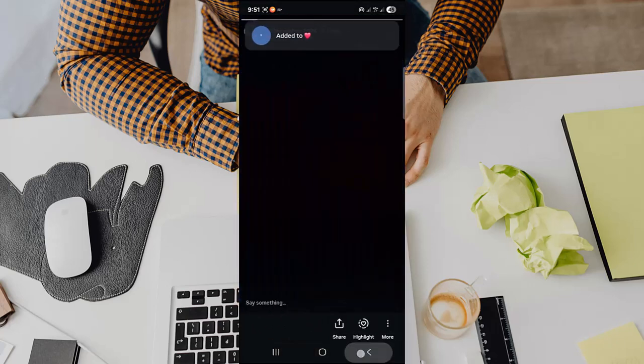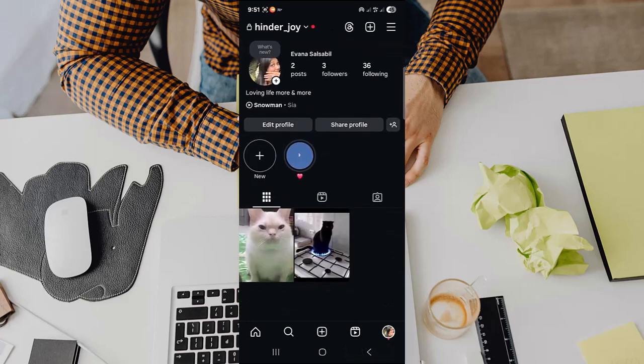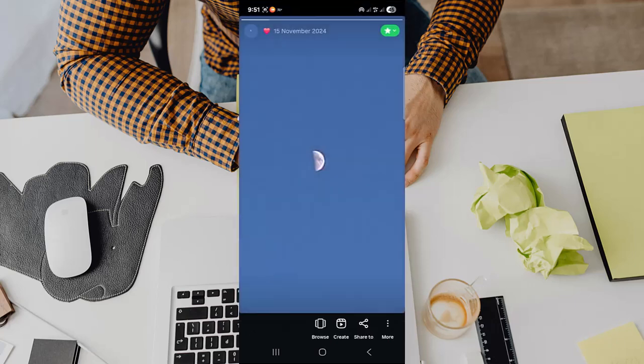And as you can see, the highlight is added. If I go back, as you can see, this is my new highlight. So yeah, this is how you can just